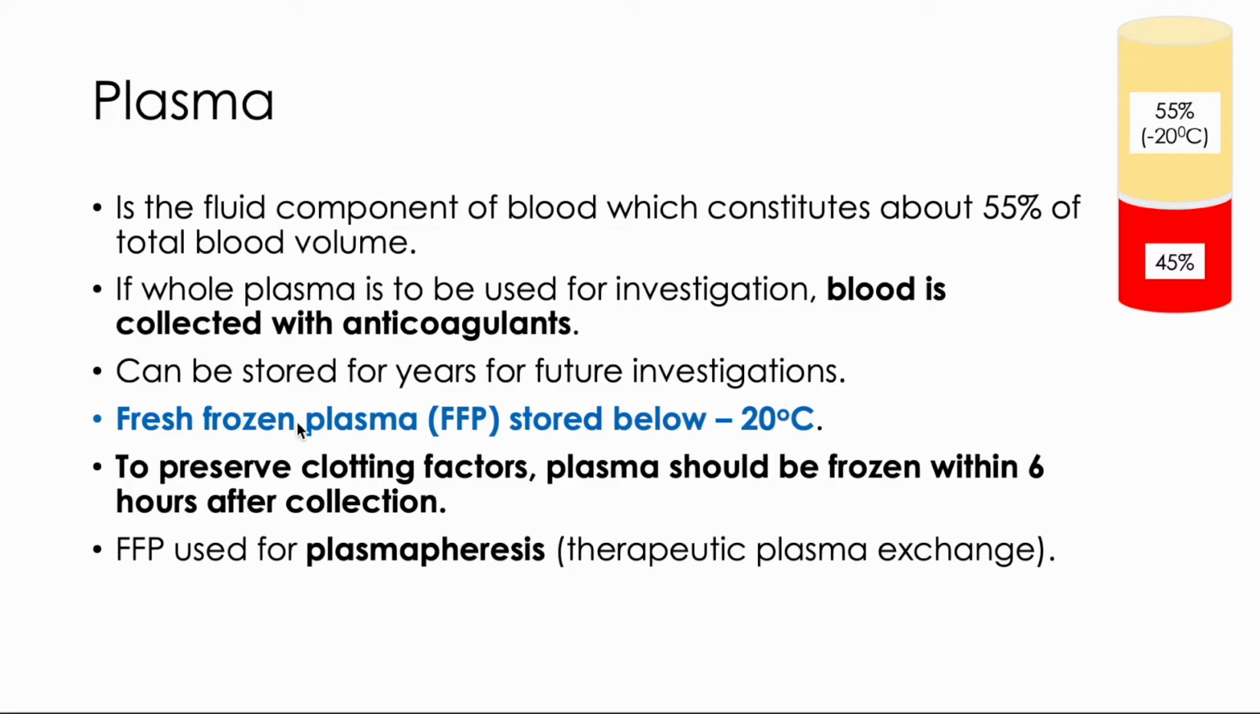And for the fresh frozen plasma, FFP, it can be stored below -20 degrees. To preserve the clotting factors, the plasma should be frozen within 6 hours after collection. Inside the plasma, there are clotting factors, because this does not clot, so the clotting factors are still there. But if you want to preserve those clotting factors, you have to be quick, within 6 hours after collection, it has to be stored. We use that for plasmapheresis, for certain patients who only need plasma, so we take the plasma. Alright,